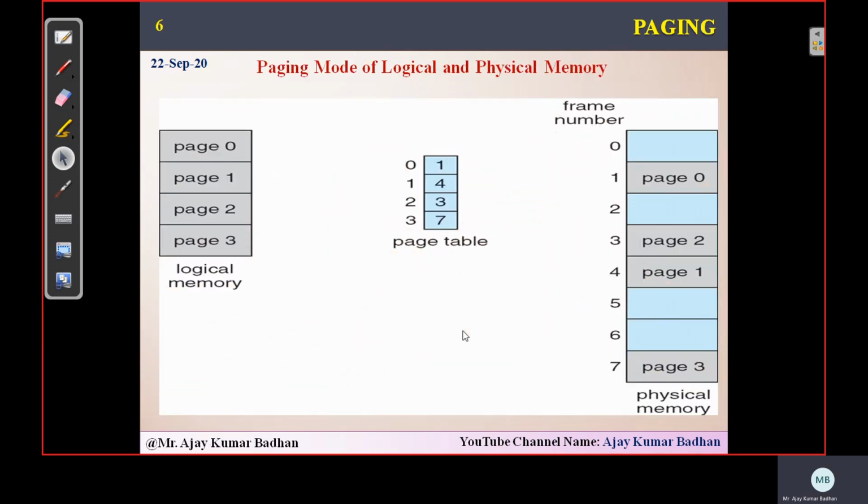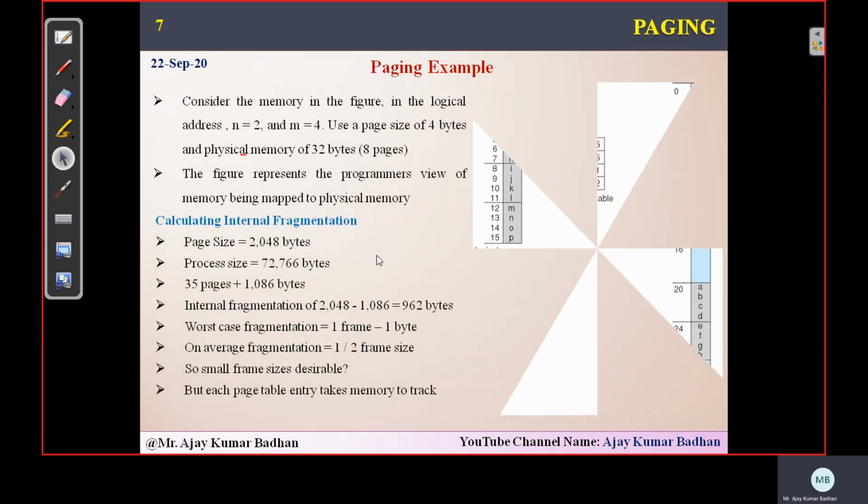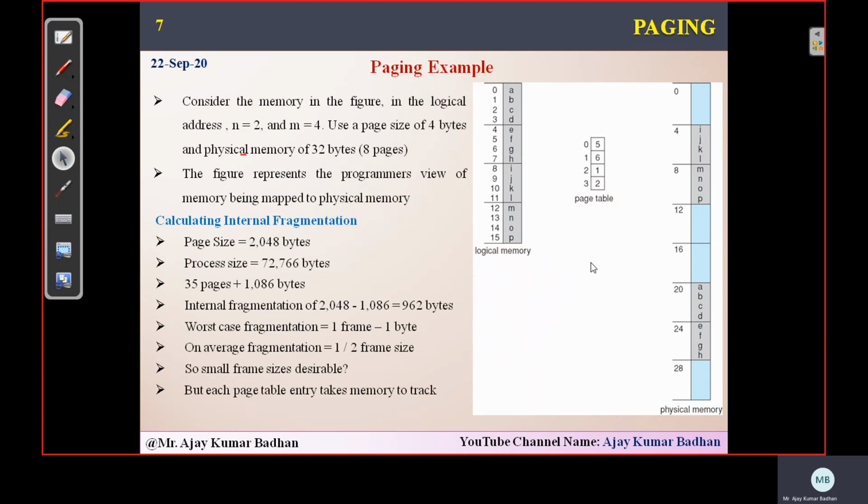So when we are discussing that, this one we already discussed. This is your logical address space. We have pages here, page 0 to 3, and these have respective frame numbers. Using the frame numbers, we already did some problems, and using those problems, we tried to know how exactly the mapping is done. This is the example we have taken, and I have shown you practically how this mapping is done.